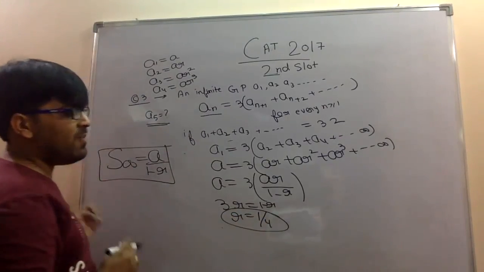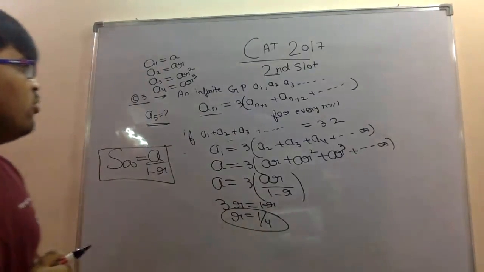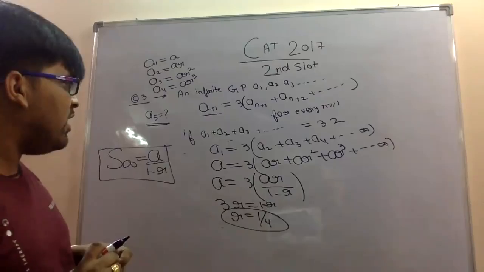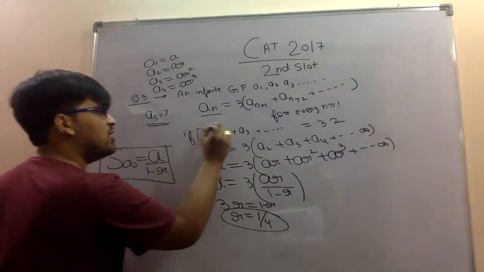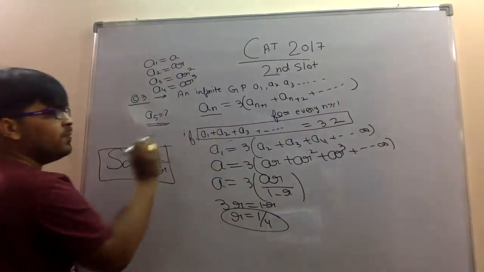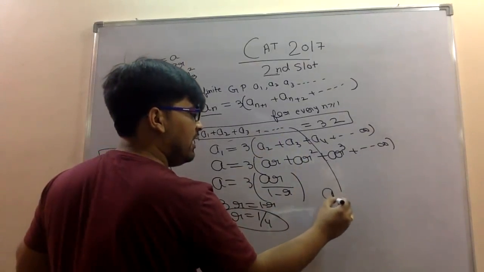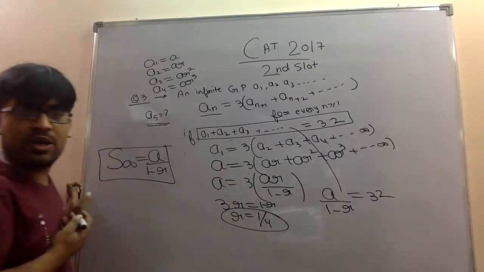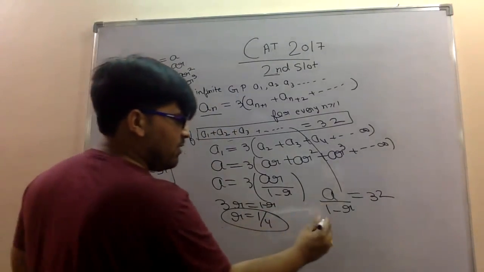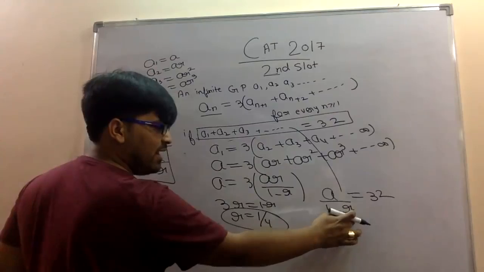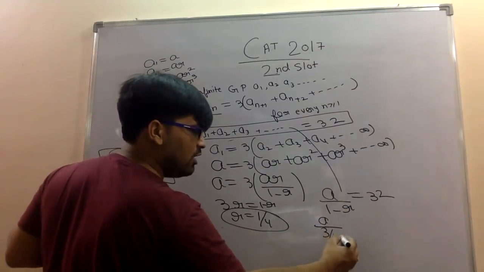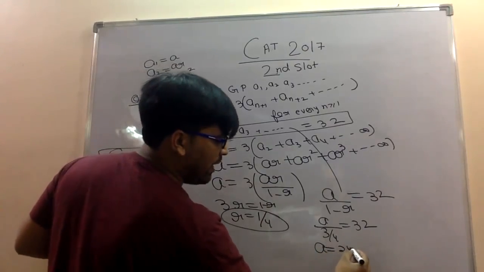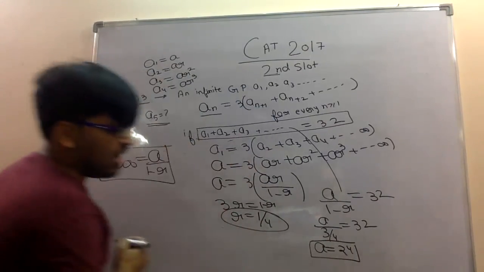So R की वैल्यू हमारे पास आ गई, R is equal to 1 by 4 आ गया। अब हम लोगों को A की वैल्यू और फाइंड करनी है ना, we have to find value of A। A की वैल्यू के लिए कौन सी कंडीशन दी हुई है, this is the condition for value of A। This is nothing but A divided by 1 minus R। Infinite GP का सम जो दिया that is equal to 32। अब तुम्हारे पास R 1 by 4 है, so A divided by 1 minus 1 by 4, that is 3 by 4, is equal to 32। So that means A is equal to 24। A की वैल्यू कितनी आ गई, 24 आ गई।